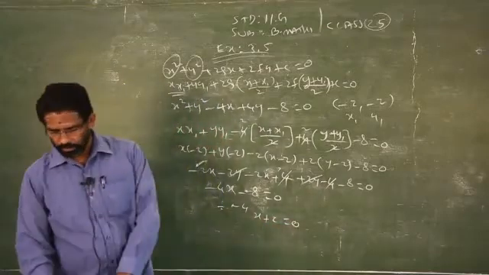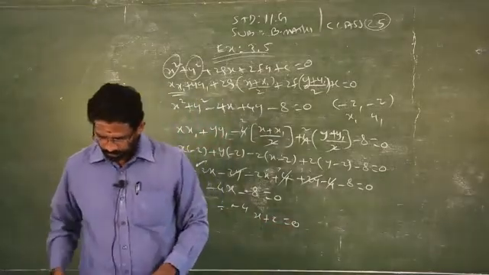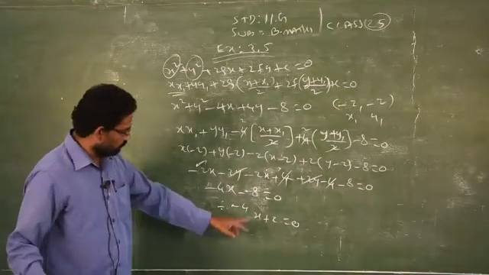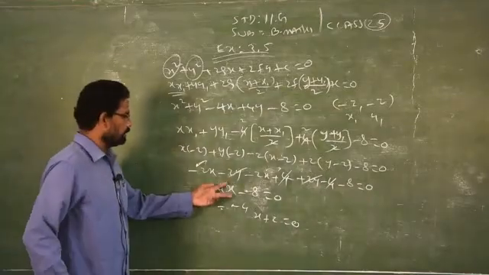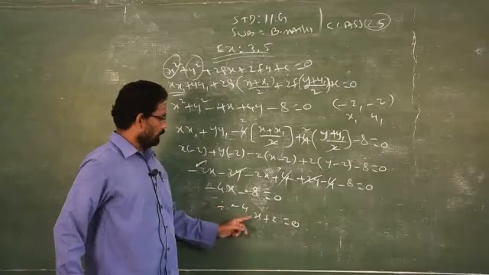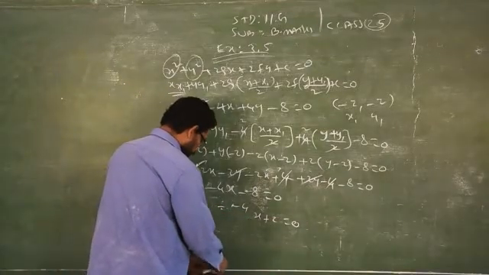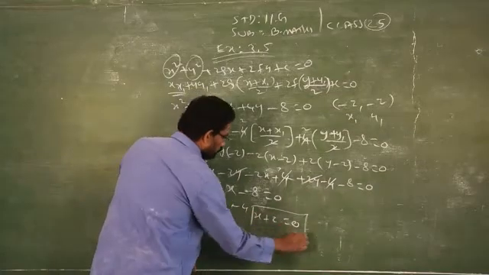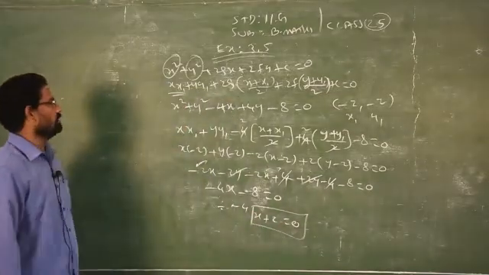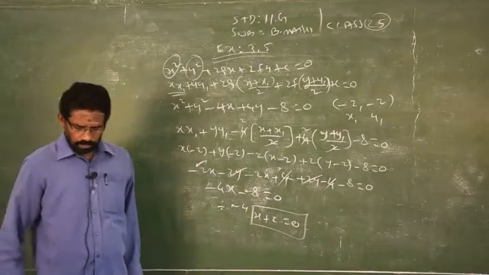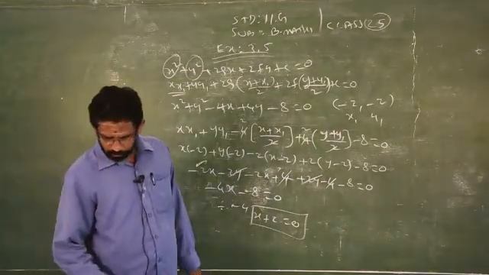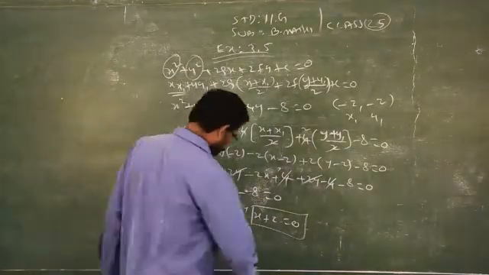So this is your straight line equation of the tangent: x plus 2 is equal to 0. Divide this by minus 4, you will get x plus 2 is equal to 0. So this is your equation of the tangent. Clear? Very simple. The next one will go to the next sums, that is length.